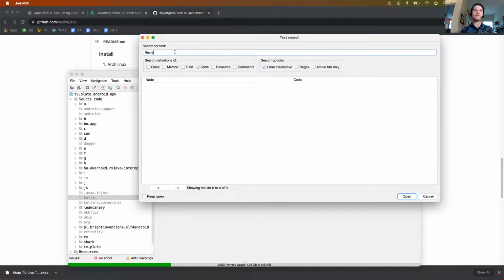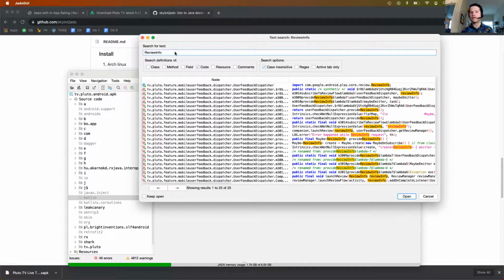So the first thing that I look for is reviews, if there's an in-app rating library, and I had that list. ReviewInfo is really helpful. So ReviewInfo is the native code that Android uses for in-app ratings. Again, you don't necessarily have to have in-app ratings in the app. You can have the user directed to the Play Store. I might make another video showing how I look at that kind of functionality,